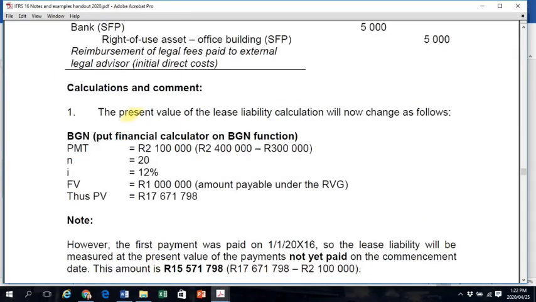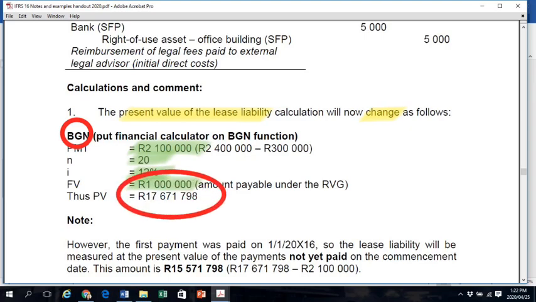The present value of the lease liability calculation will now change as follows. You have to set your financial calculator on the begin function because payments are payable in advance. Your payment, N and I variables will remain the same, as well as your future value variable. But because you have changed your settings to the begin function, your present value will now be calculated at an amount of